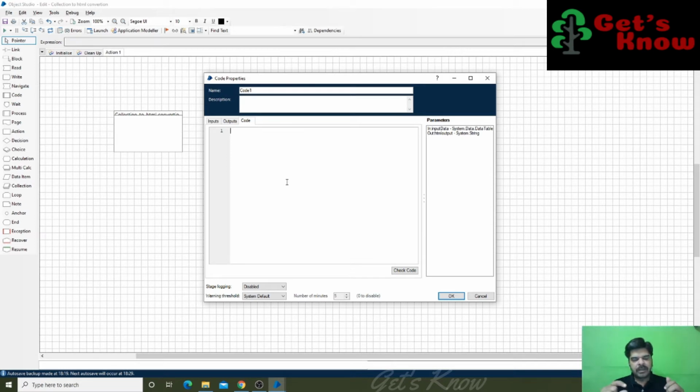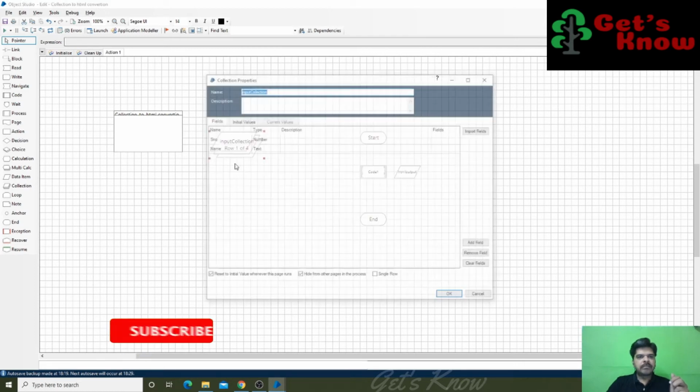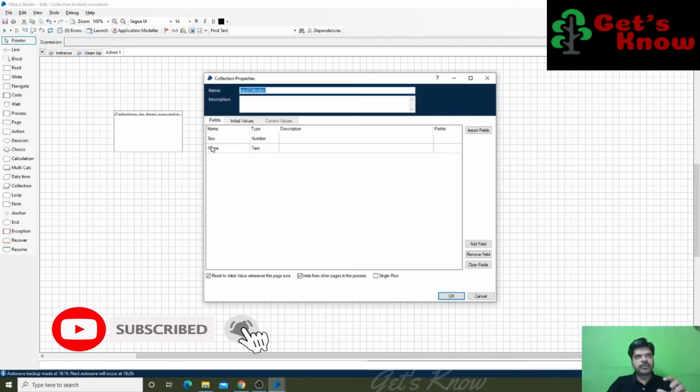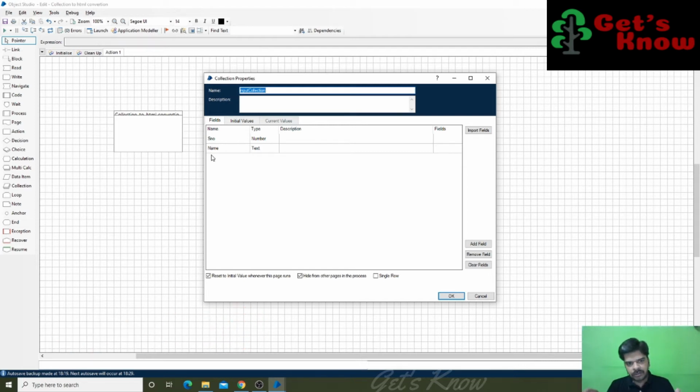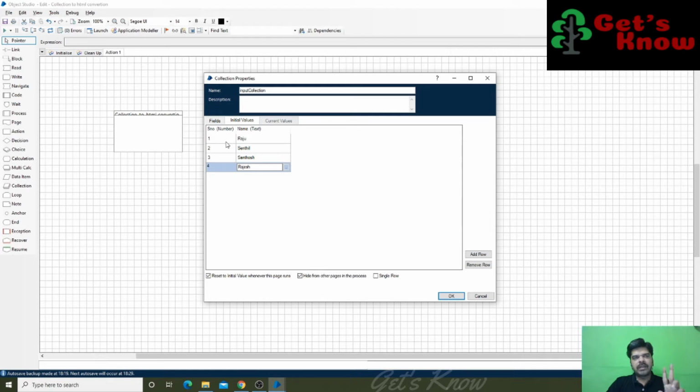For example, in our collection we have columns. These two column values we have to get into our code logic and separate as a column header, and then we have to get the records one by one. From each record we have to get the column values one by one. For example, the first record has two columns, value 1 and Raju.